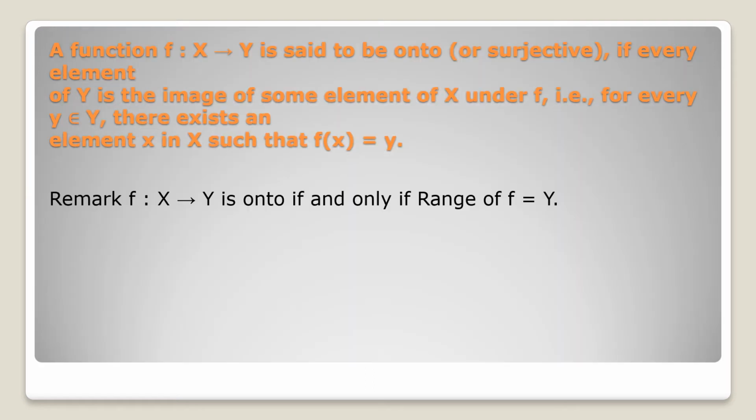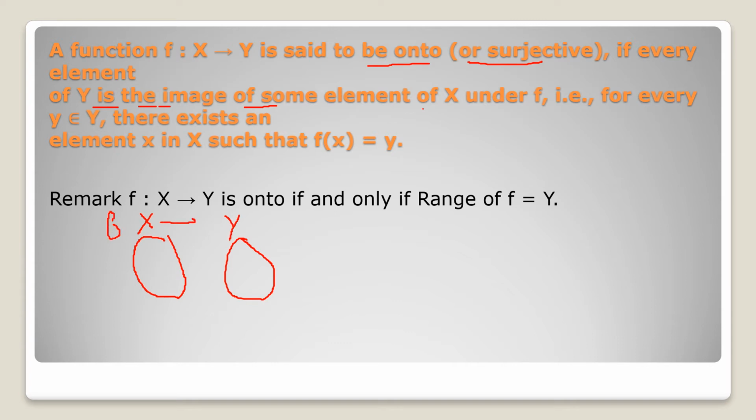Next, a function f from X to Y is said to be onto or surjective if every element of Y is the image of some element of X under f. So what are we saying here? We are saying, let us say this is a set X and this is a set Y, and we have defined a function f from X to Y. Then for a function to be onto,